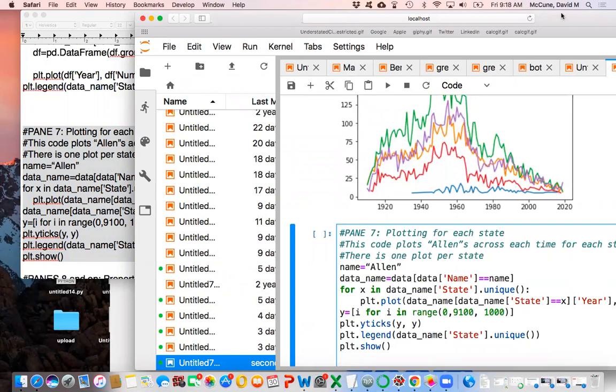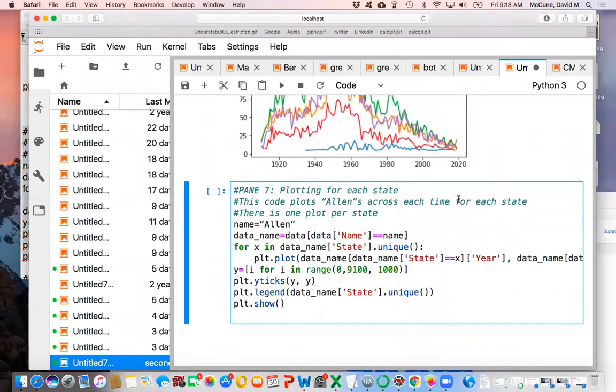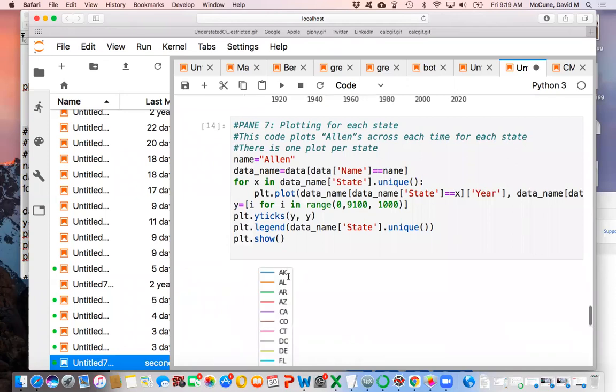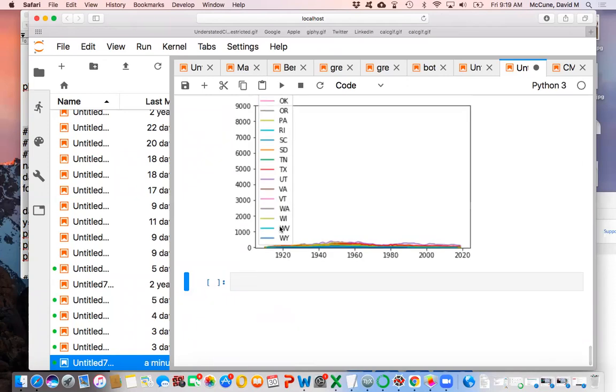So this plots Allens, but over all states. Okay. So as you can imagine, it's going to create... whoops, oh, sorry, my quotations are messed up. They got garbled somehow, so sorry. Let's fix those. So around the name Allen, there used to be curvy quotations. You've got to delete them and put in regular quotations. Anyway, so if I run this, it created the legend properly this time. All right, so that's good.